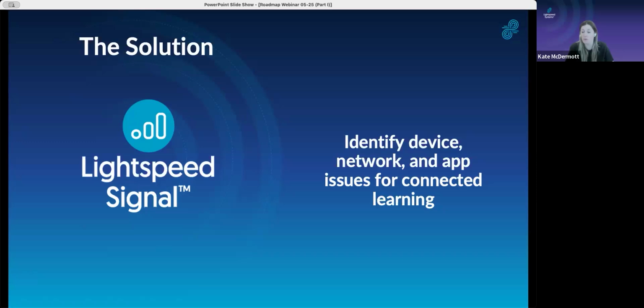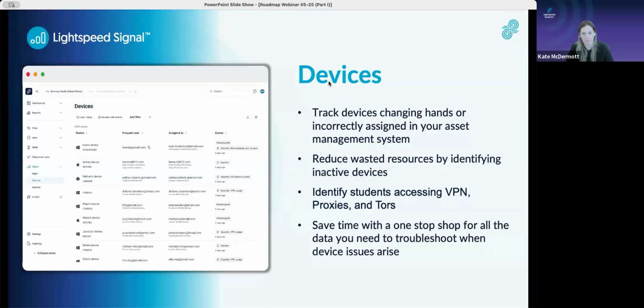So Signal was designed with all of you to bring insights into our platform around device, network, and app issues. I'm going to go through each of those things separately and give you both an idea of what some of the problems were that we were hearing from our customers on the IT side, and then how Signal is going to solve those problems. So starting with devices,